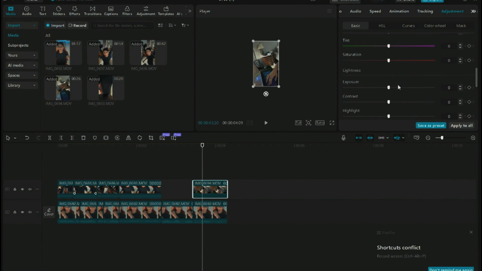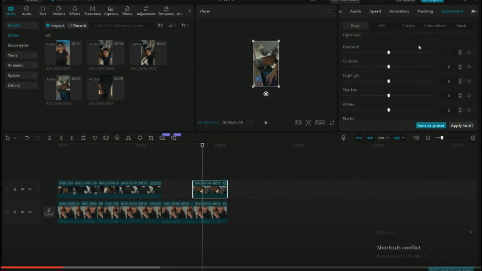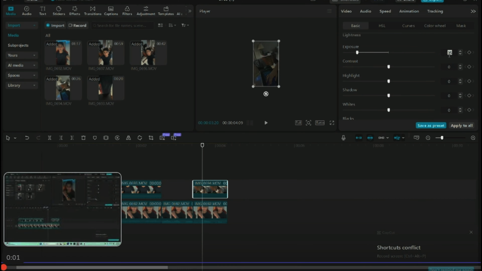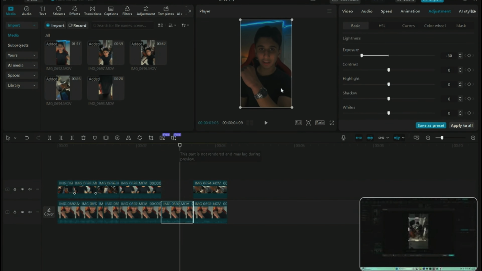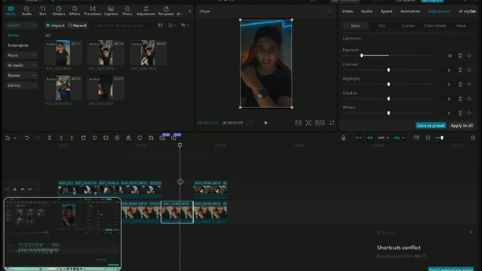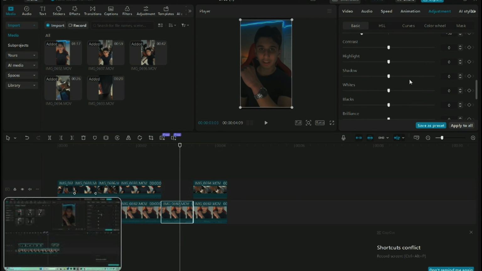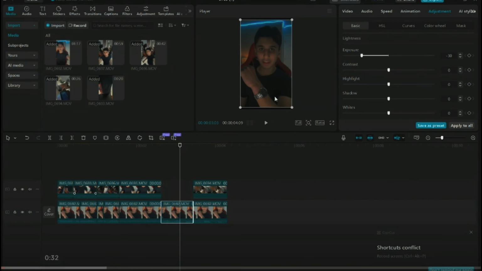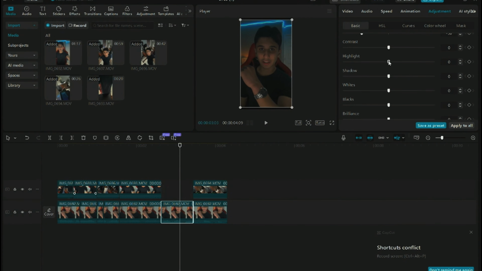So I'm gonna put this one down to negative. I'm gonna try negative 35. I think this one. Actually, I'll try negative. This looks beautiful in terms of the colors, but let's also add in some highlight as well to like 20